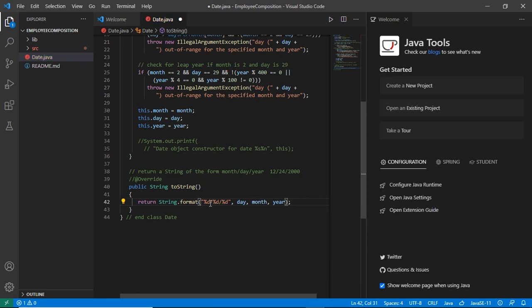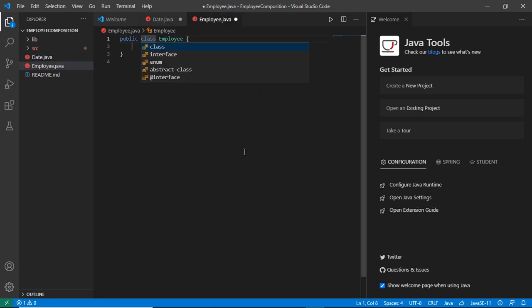These are all integers, so I do not need to change anything else in the format. Now we can create an employee class like the one I had in the previous lecture, and in the employee class I would want to have some instance variables,